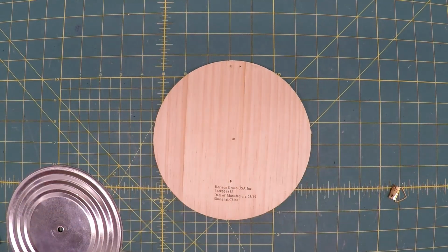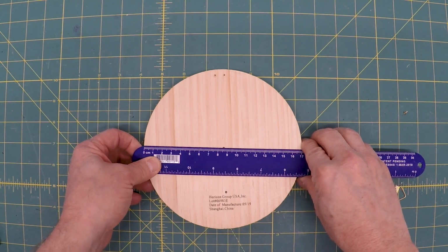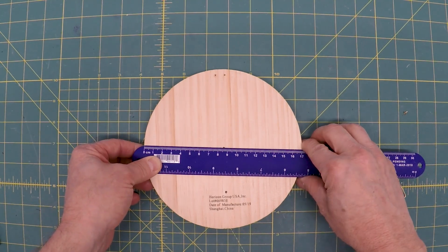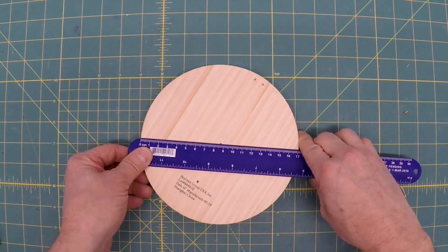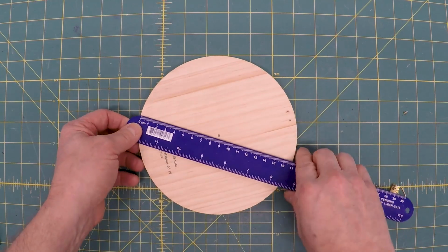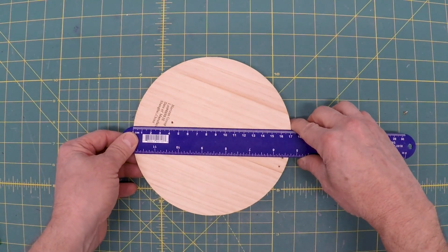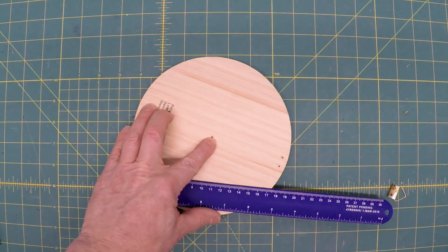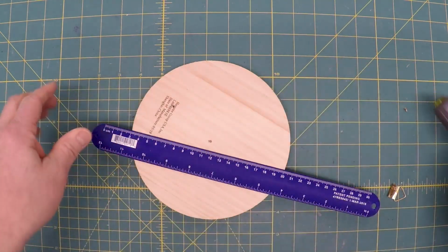Now, how close is that? So 172 millimeters divided by 2 is 86. So what do we have here? Oh, look at that. Right on 86. So let's just spin it again, see if we can get 86 again. Yeah, pretty close. Spin it again. Pretty close. Not exact. We're off by a millimeter, it looks like. Alright, so maybe just a little bit over. And the great thing about using a Phillips head is you put a nice little X, marks the spot kind